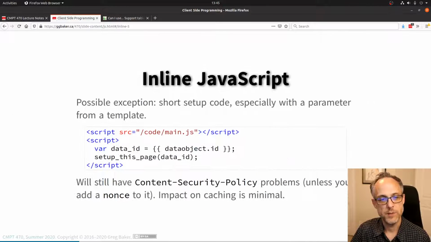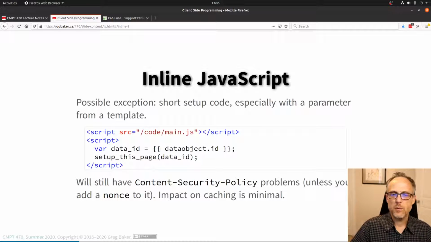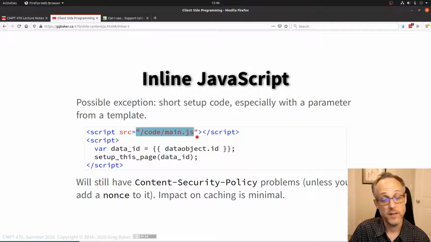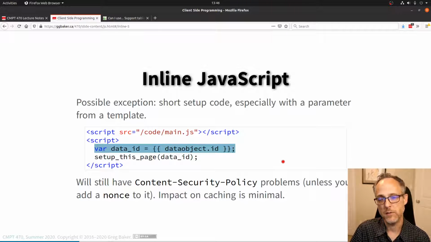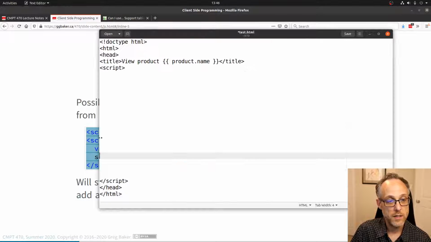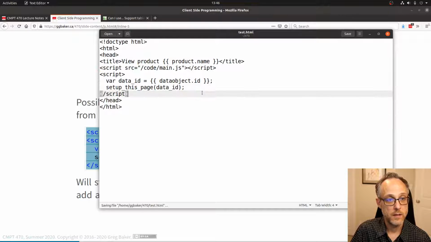Just made my site worse. So probably the thing to do here is to have some master JavaScript file that has most of your logic in it. Maybe you have some very small amount of configuration to do, specifically to this page. So again, in this context back here, it might be something like,